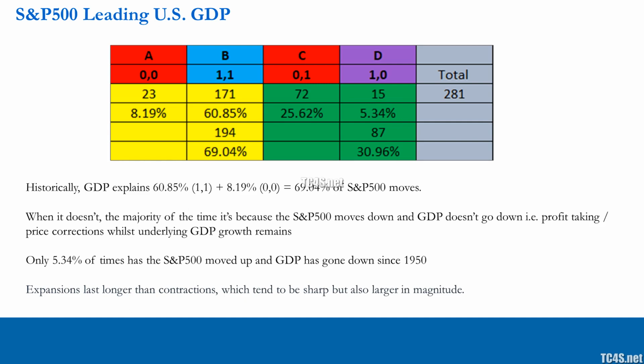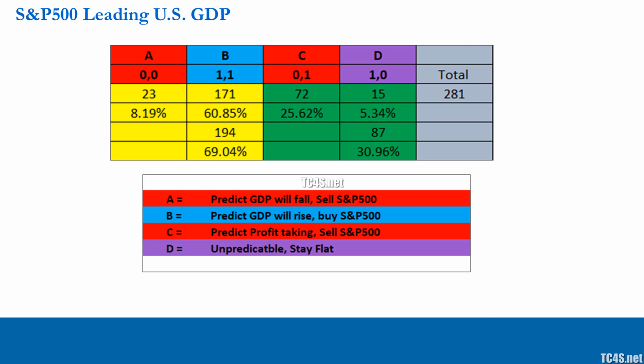Okay. So let's just summarize this in terms of prediction and what it means for a trader or a long-short portfolio manager. Well, if we look at scenario A, if we can predict that GDP will fall, what are we doing? What action are we taking? We're selling the stock market. We're selling the S&P 500. Okay. We're probably short stocks, net short stocks. If we're predicting that GDP will rise, what are we doing? We're buying the stock market. We're going to have a long bias in our portfolio.